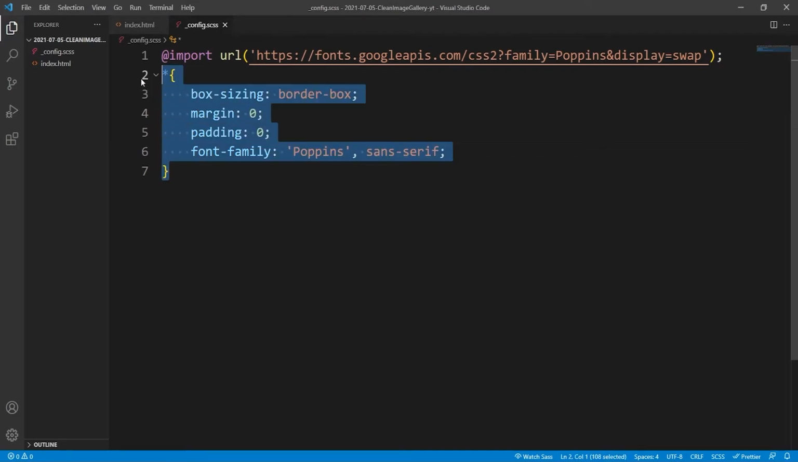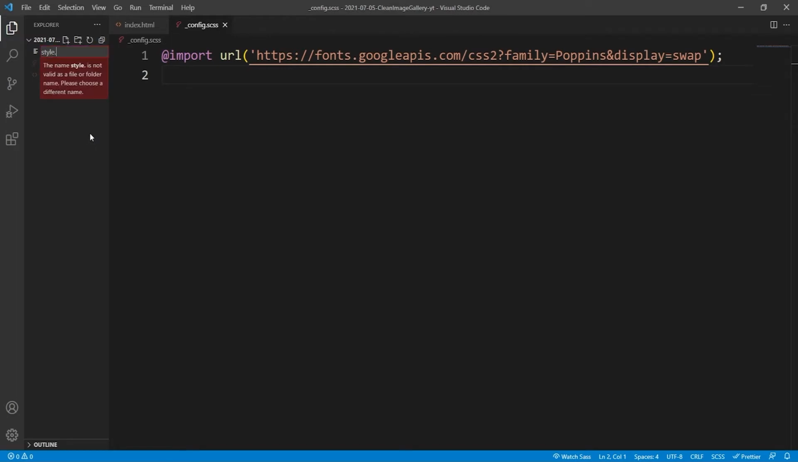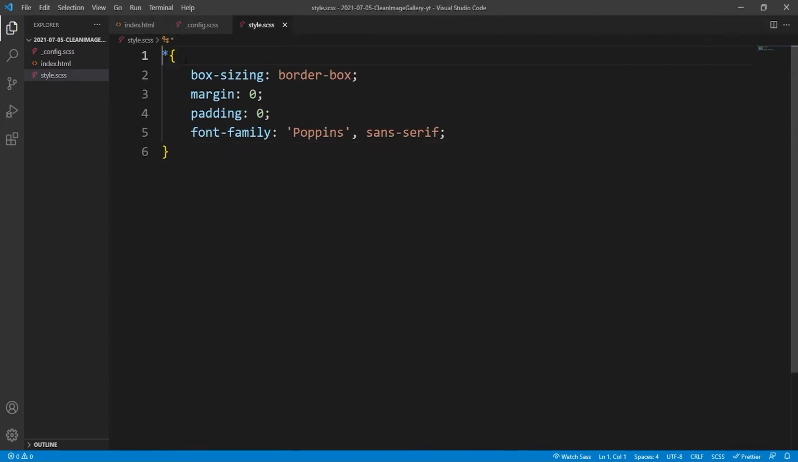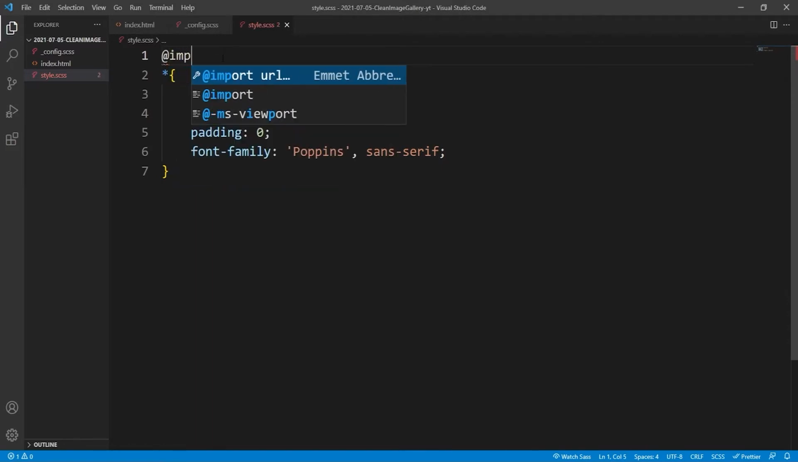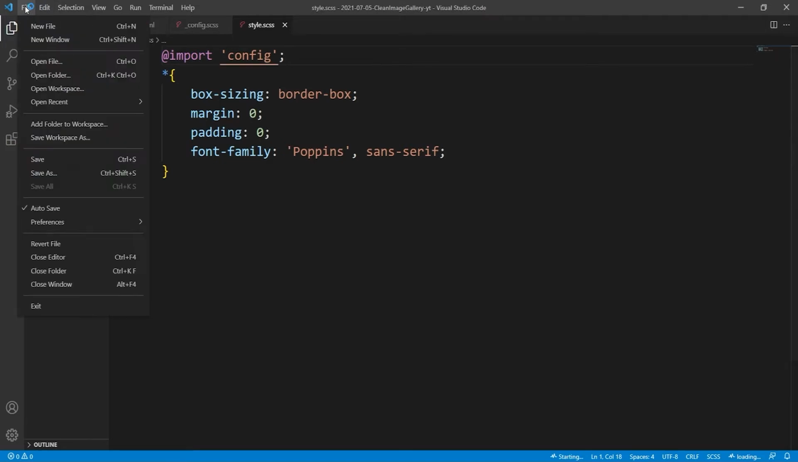And actually, now that I think about it, this probably shouldn't be in this config file. It should probably be in our main Sass file. So we'll create it now. We'll just call it style.scss. We'll paste it in there, but before this we will type in import config, like so. And now if we say restart extension host, because for some reason my extension crashed,